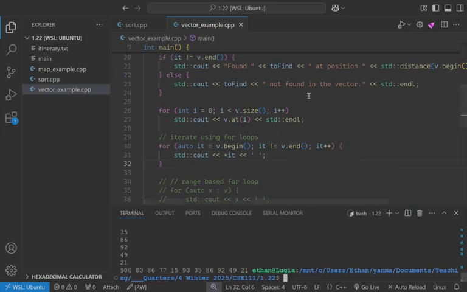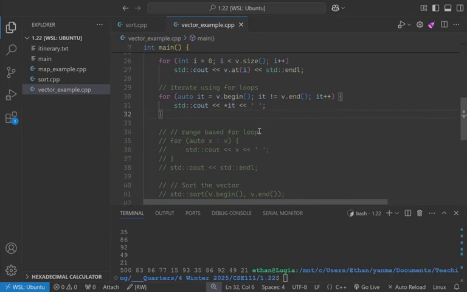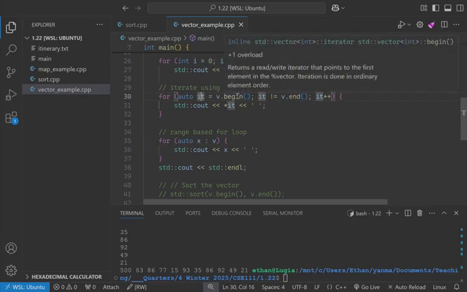Cool. Okay, and then the last main way of indexing into an array or sequentially going through an array is by using a range-based for loop, also called a for each loop. So here, auto. What is auto? Anyone seen auto before? It's cool. Yeah, exactly. Auto will infer the type of whatever you are creating. Here I am creating an iterator, and we can tell it's an iterator because if I hover over v.begin, you can actually see the type up there. It is an iterator. It is